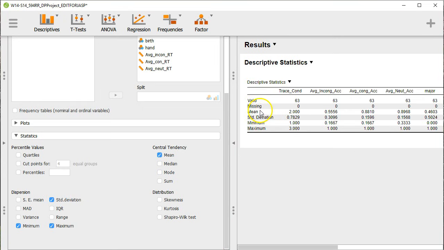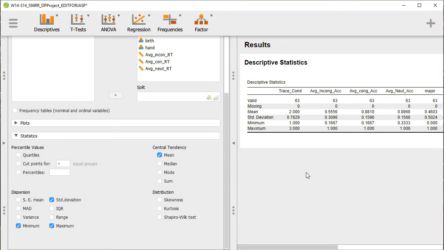For every output, JASP also puts valid. So these are the rows that are valid, that the values for the statistics you put up can be assessed. And the missing row in this table identifies any missing values. And of course, this is a clean data set with no missing values. It was clean 5 years ago, so there are no missing